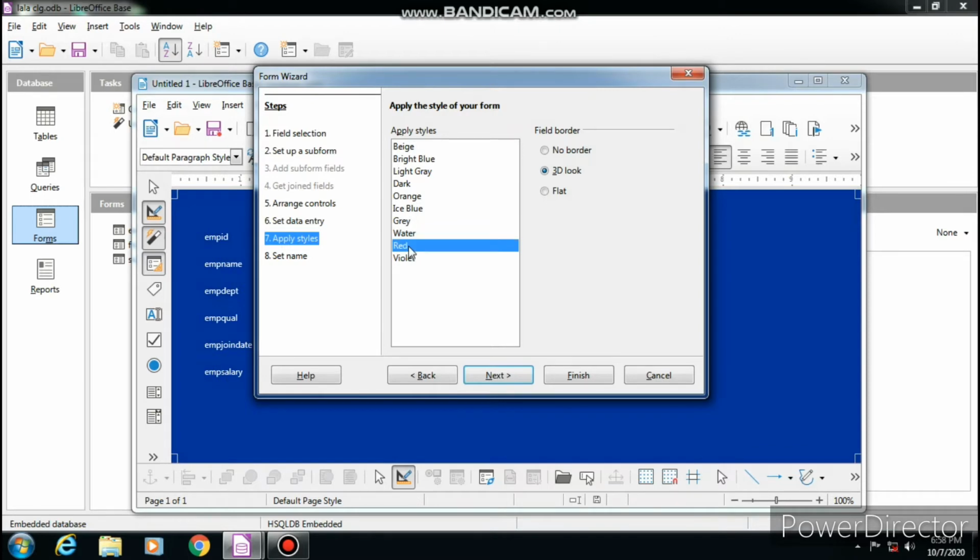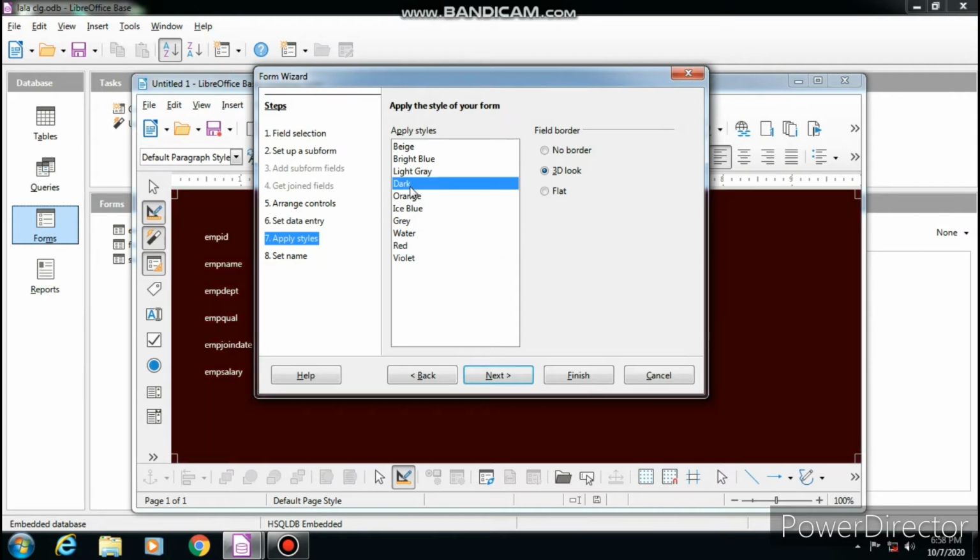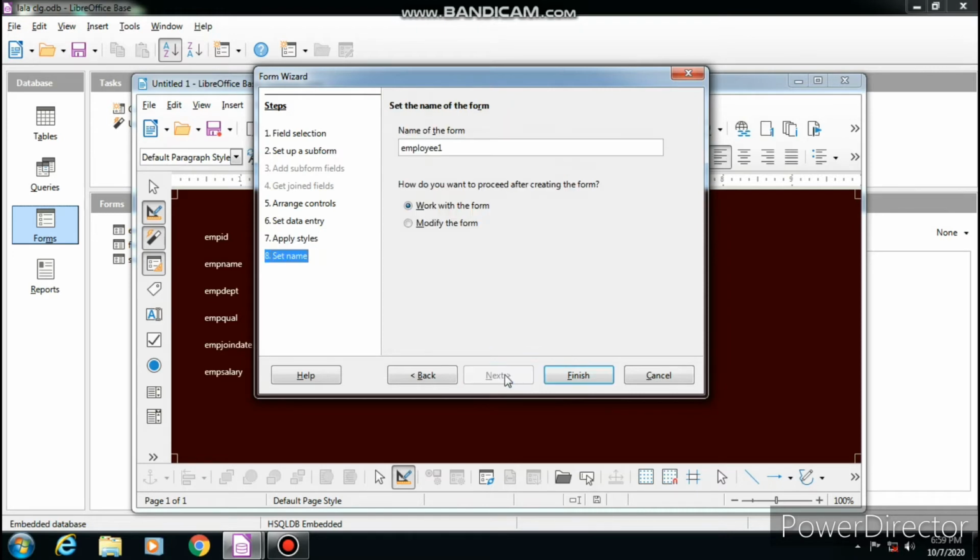When you are practicing at home, try all the styles available, check the output, then click on next. Set the name, means you can give the name to this form, give any name. I am giving form 2 as I already created form 1. So after giving form name, click on finish.